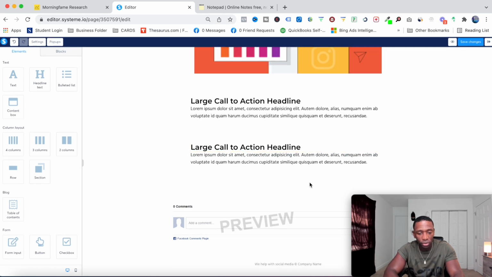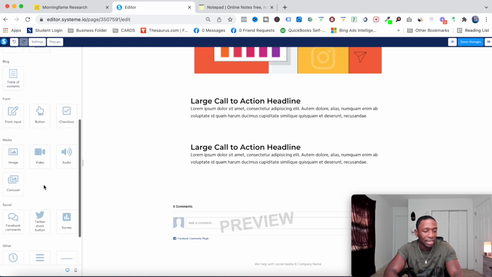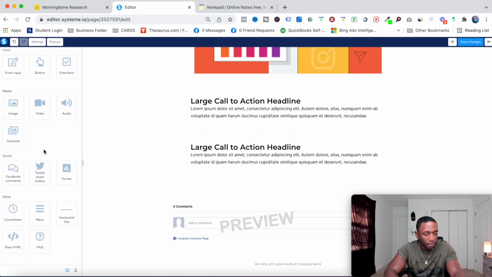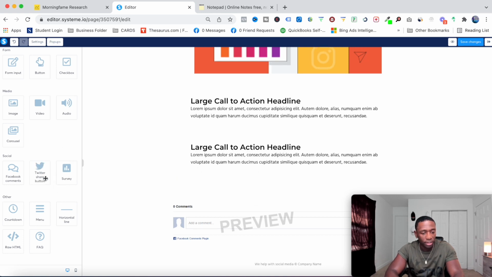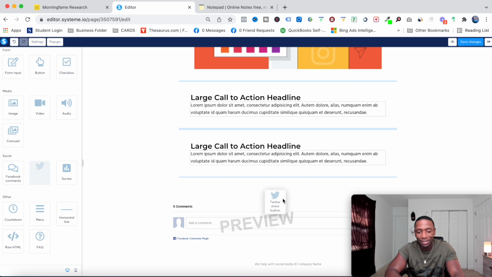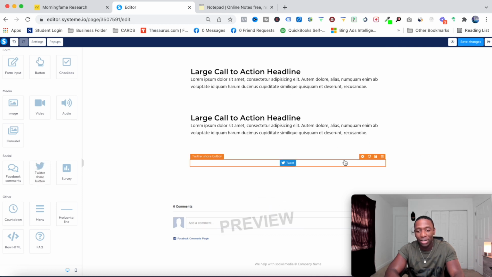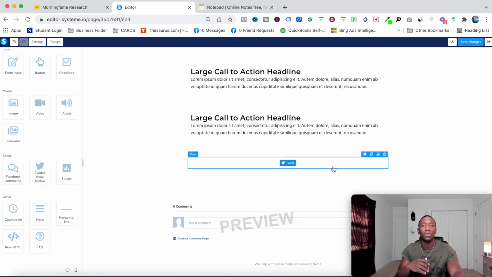All right, boom. And then something else that I can add is I can actually add like a Twitter share button, right? So if I come over here and I go just like this, boom. It didn't pop in there. Let me do it one more time. All right, so there we go right there. So I just put my tweet button in so they can actually hit the share button if they actually want, if they're getting value from what they're seeing here or reading or whatever,